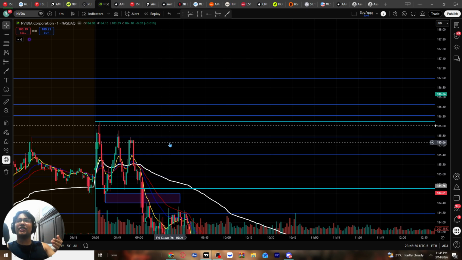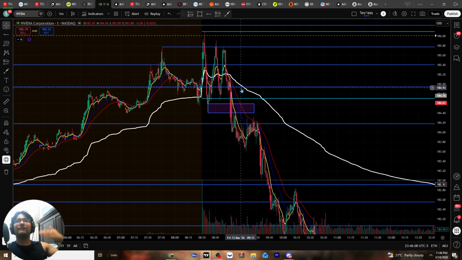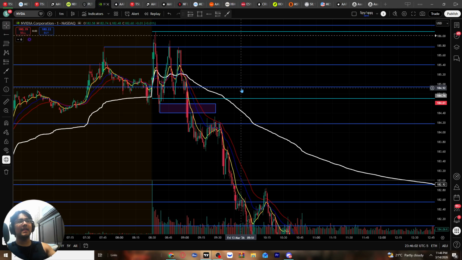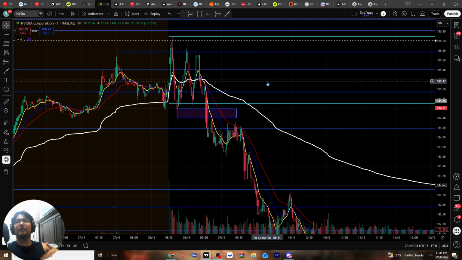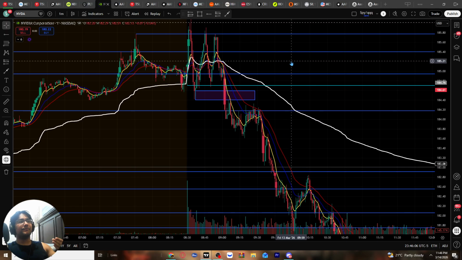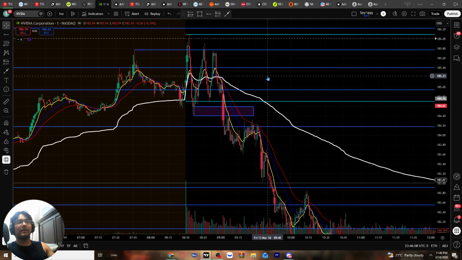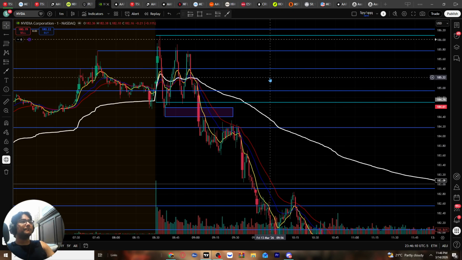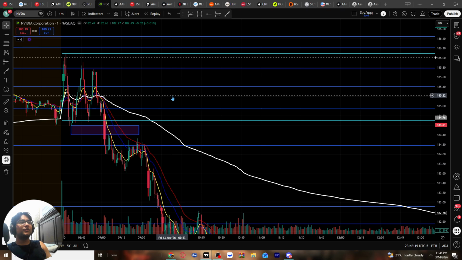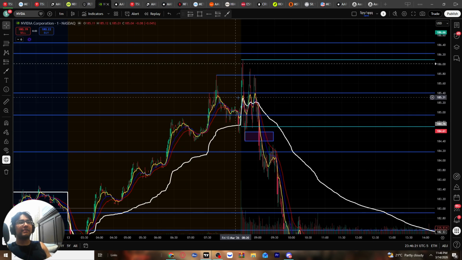I didn't end up taking a trade on Friday because there were no good setups. There were good setups after the first hour of market open, but I ended up getting off the screens before that, right? So there were no good setups in the first 35 minutes, and I ended up leaving, I think at 9:05, I stopped trading. But yeah, once you understand these levels and the price action around them,